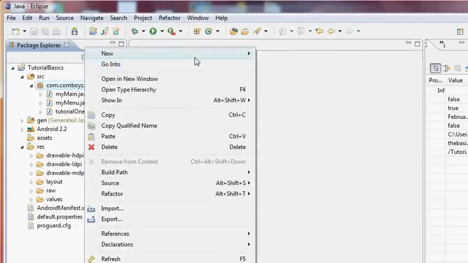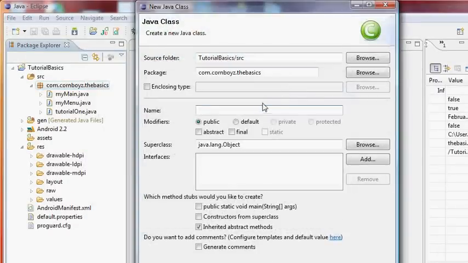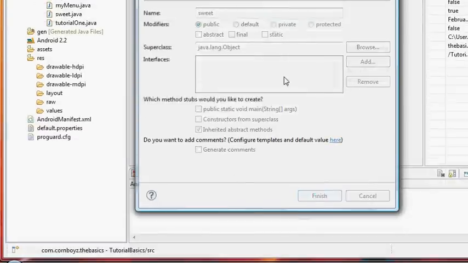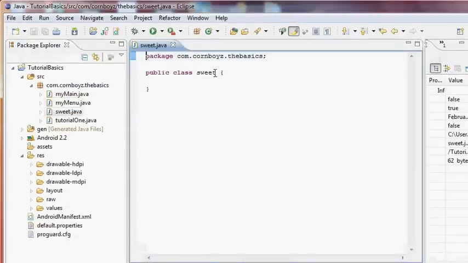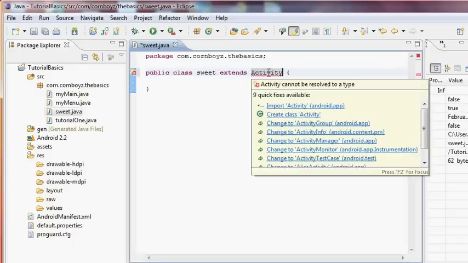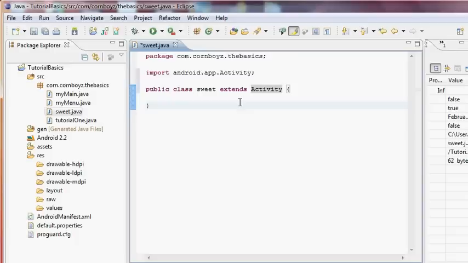First, we want to create a new class activity. We're going to call this Suite, or whatever you want to call it. I'm going to call it Suite. And we want to set this up as an activity, so we're going to say extends Activity class. And we've got to import that. And then we've got to